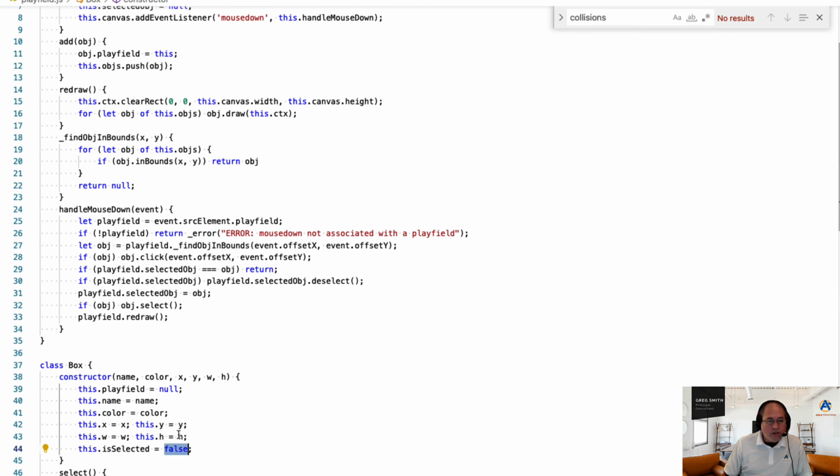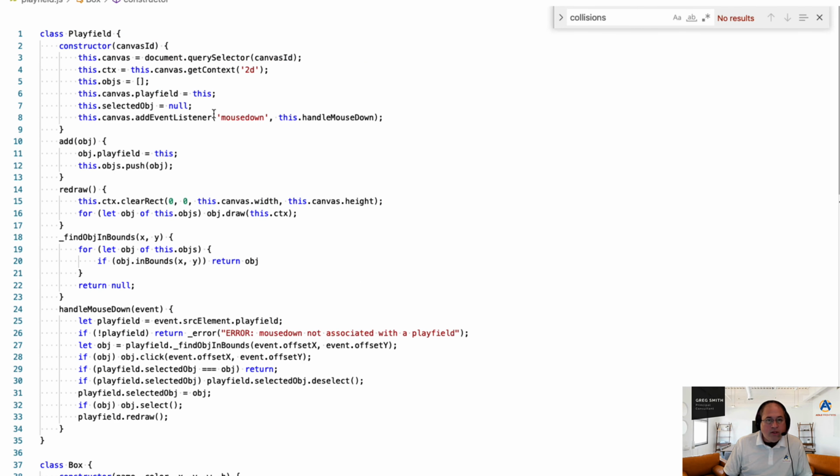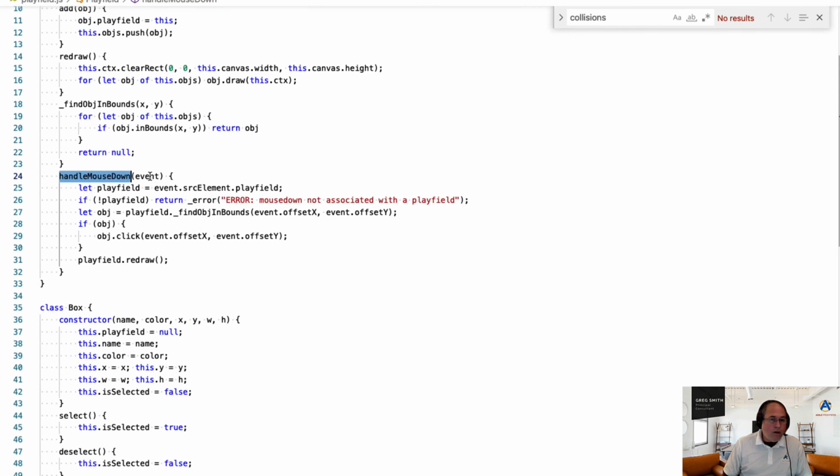We're off to a pretty good start. We did have to add in this one capability, which is the mouse down handler. The mouse down handler will take its event, grab the playfield from it, and then check to see if the mouse's XY coordinates are within the bounds of this playfield event. And then if it is, it will call the click method and then redraw the entire screen. And in addition to clicking, let's add a new method